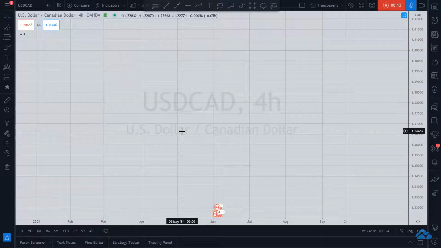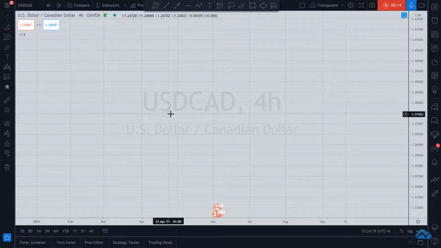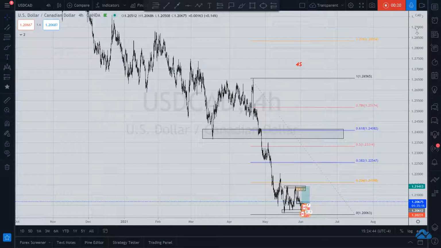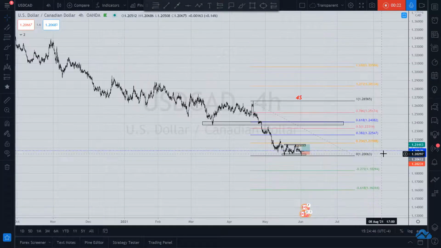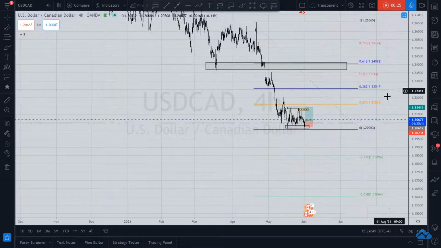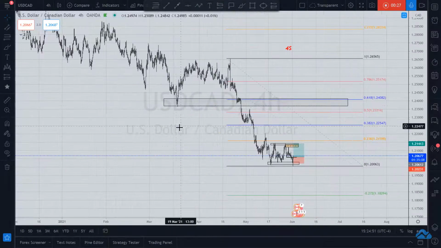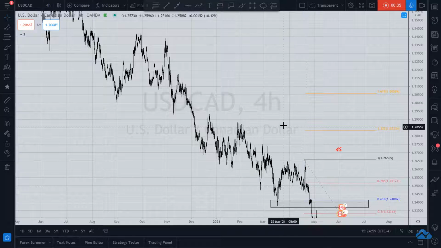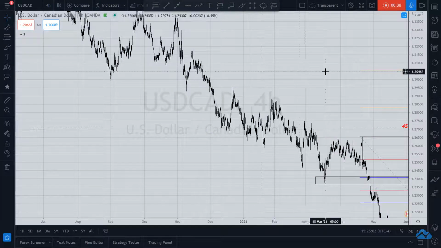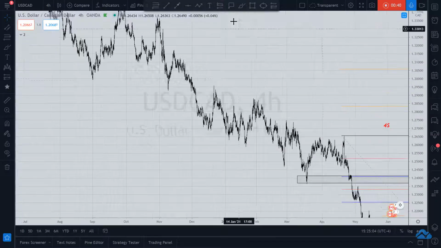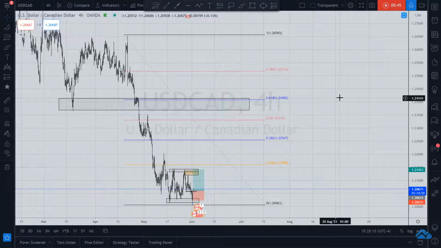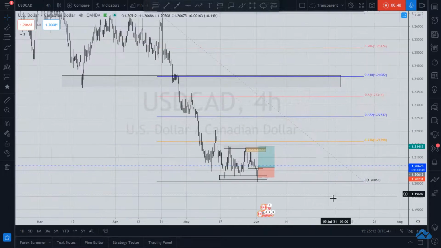I just put out a pretty good USD CAD trade. I'll review it here quickly in the beginning because I didn't put it out for the TradingView community, but I want to talk to you about it real quick. My bias is to the short side. I am bearish on USD CAD. Is there any reason to think otherwise? Yes or no? All right. If you said yes, then you need to go hit some scratch offs or something.